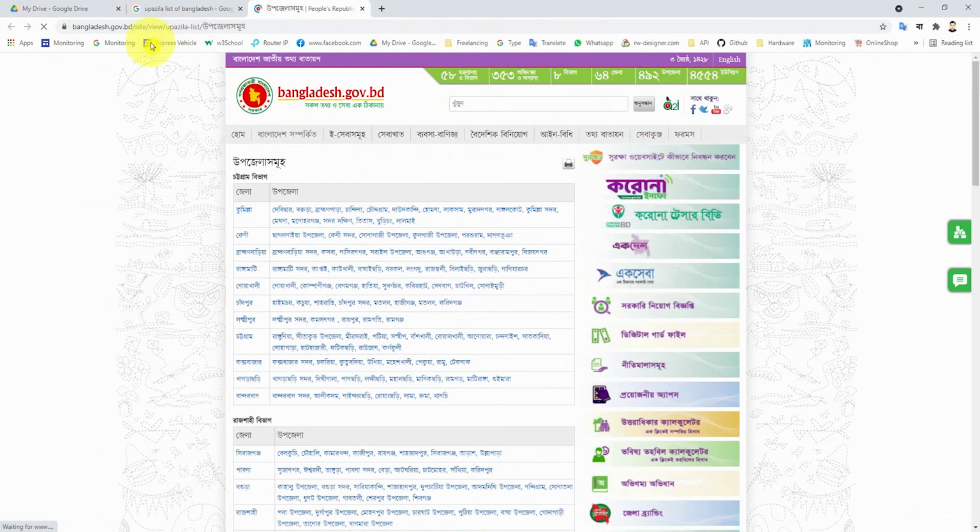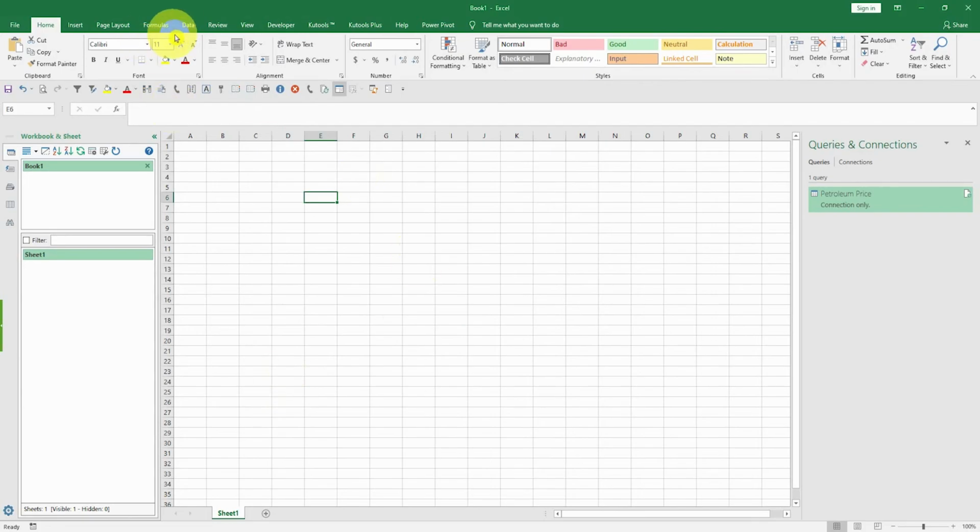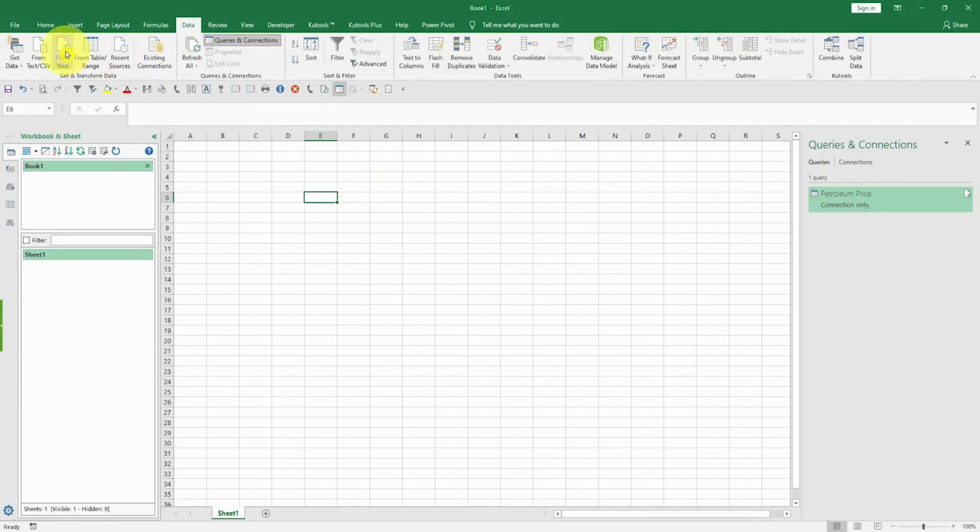You can see that here is the list of upazilas, and I will copy and import this address link as before.